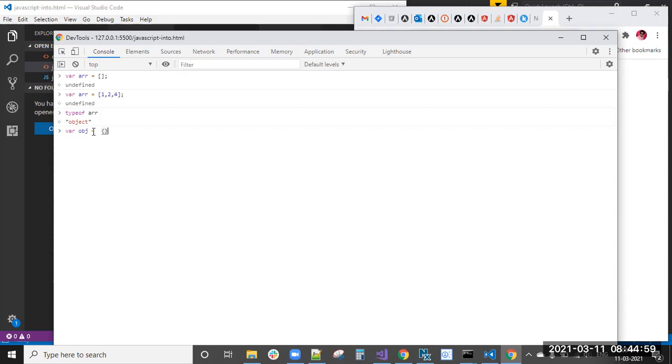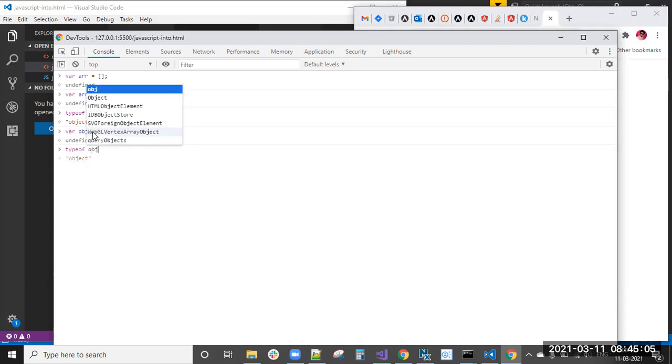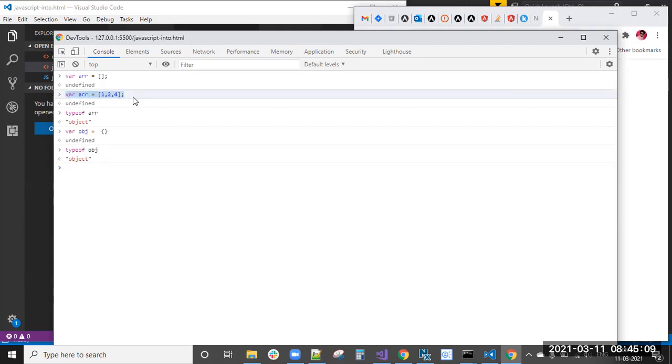For obj also you will get the same thing. You can remember the syntax. This is an empty object, and typeof obj gives object. So don't confuse. This is array syntax. Array is one data type, to store multiple values. By using string and number you can store only a single value, right? Those are primitive data values like string, number, boolean.